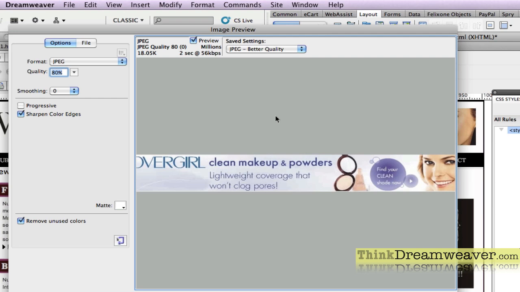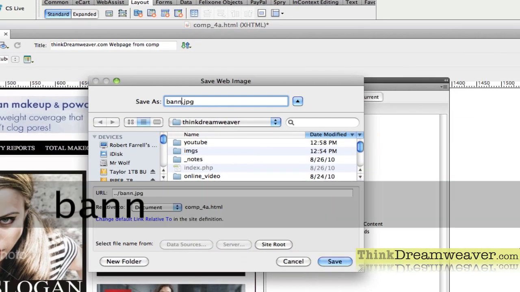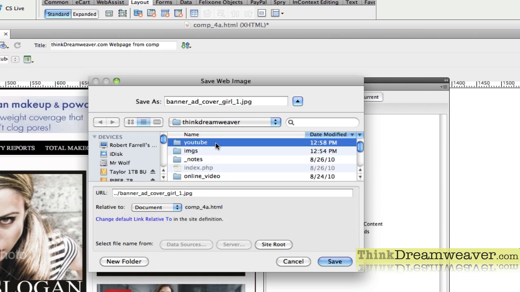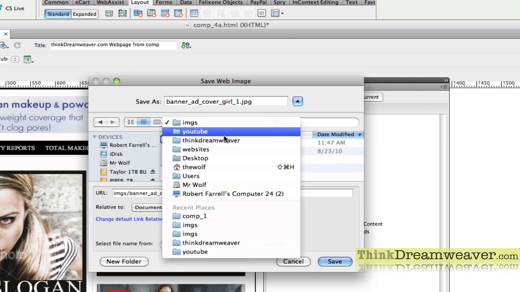That's a different approach. So I'm going to make this JPEG, and I'm going to call this banner ad CoverGirl. And let's call CoverGirl 1 in case we have a 2 or a 3 or a 4. So we're going to put this inside of the images folder. And let's just put, actually, let's put that,